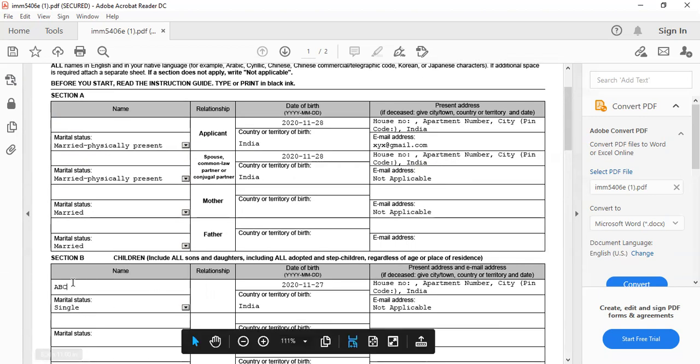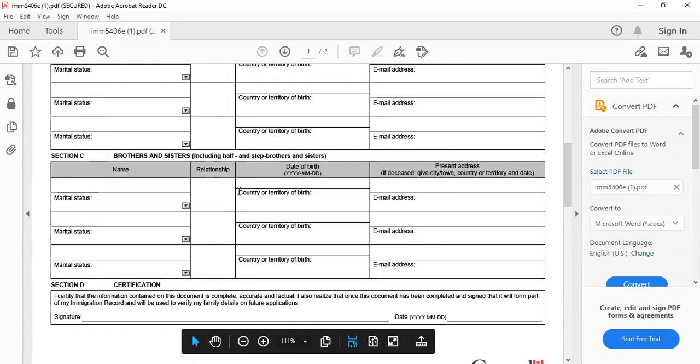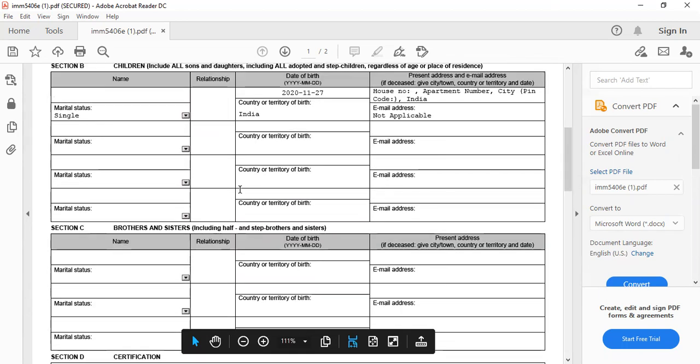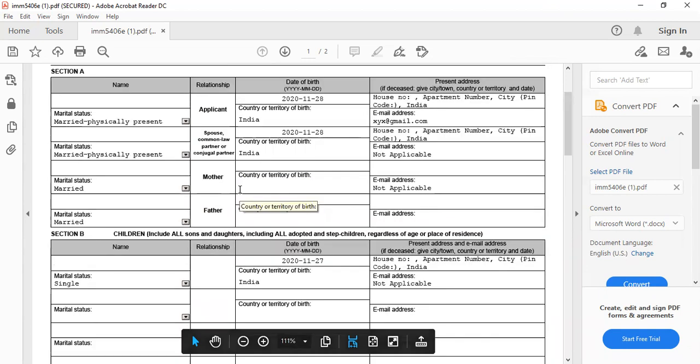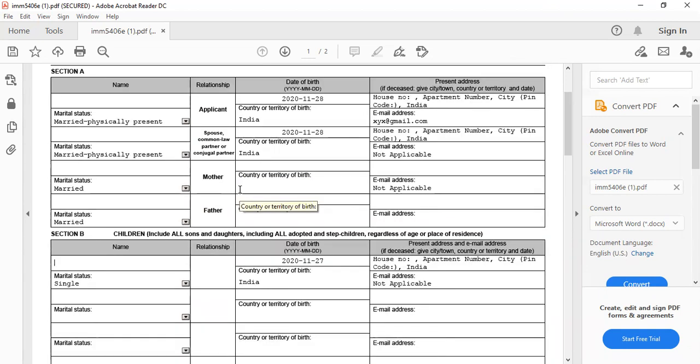Let every other information be the same. You just remove the names information from this form and take a printout of this form. Then once you have the printout, you can simply write the name in your native language, or in Hindi, over the printout,